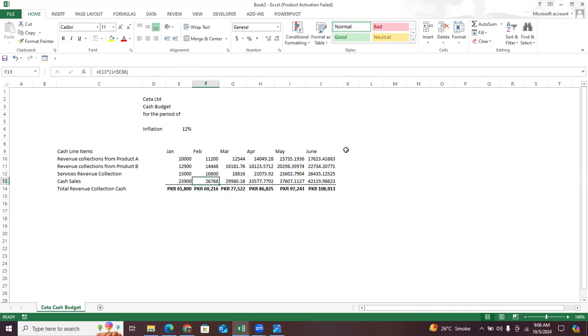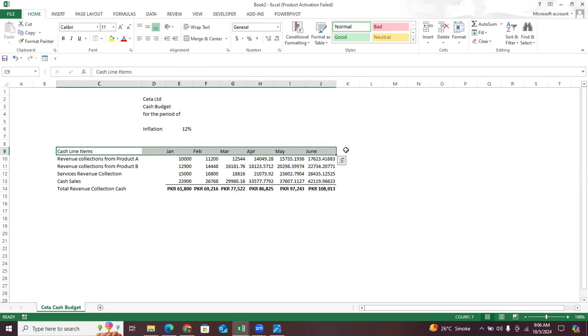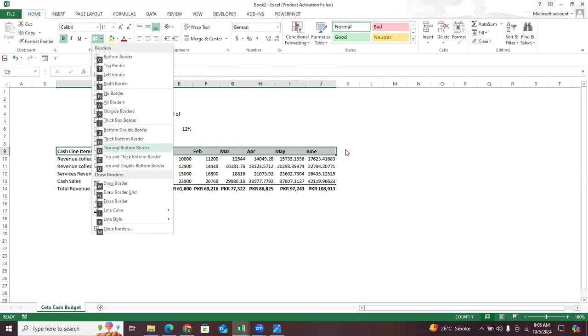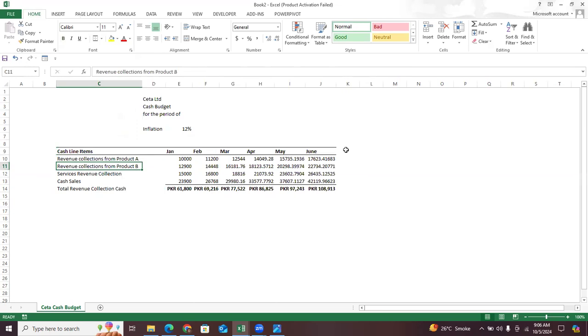Here I have to prepare my cash budget from my line items. Selecting the headers, Control B, Alt H B, and now I need to add the top and the bottom border. Total revenue collections. I need to see my cash collections